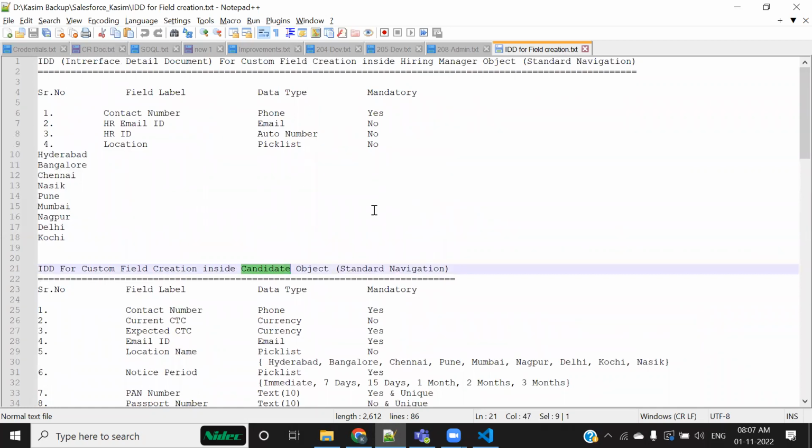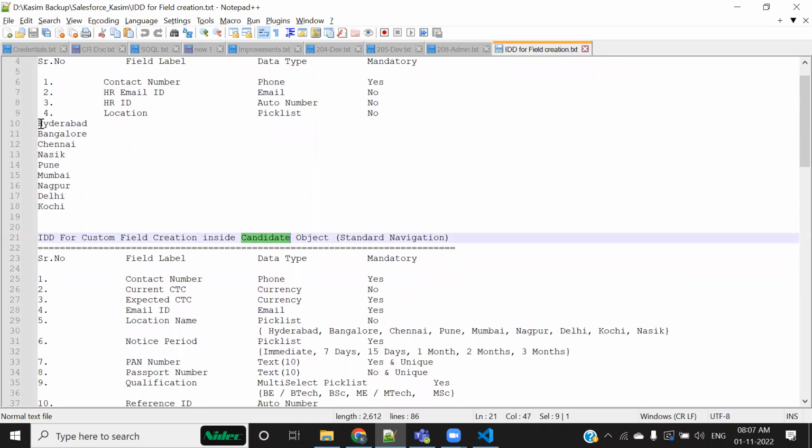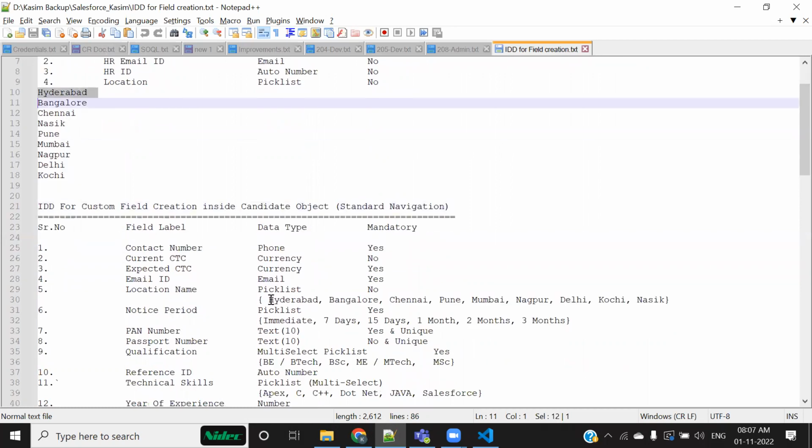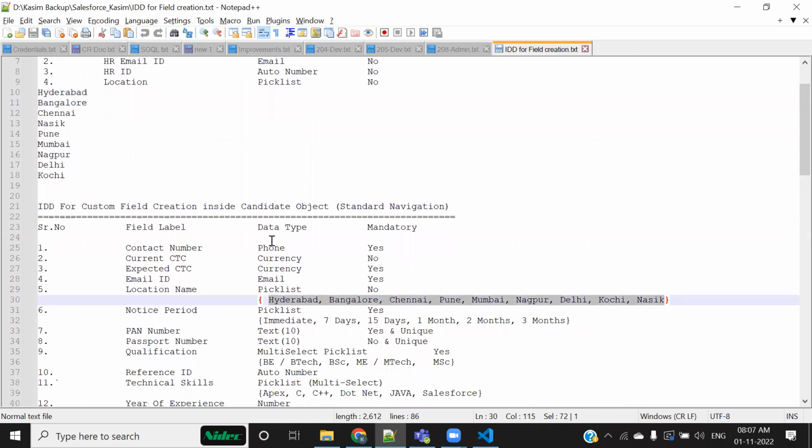But yet we can see one thing: these options here, Hyderabad, Bangalore, Chennai, the options we have to create, they are same. So when this is your kind of case, whenever you see that the options of a pick list might be in some other object somewhere else, but there is a pick list in which those options, all those options as-is, you have to create here if they are present inside some other.